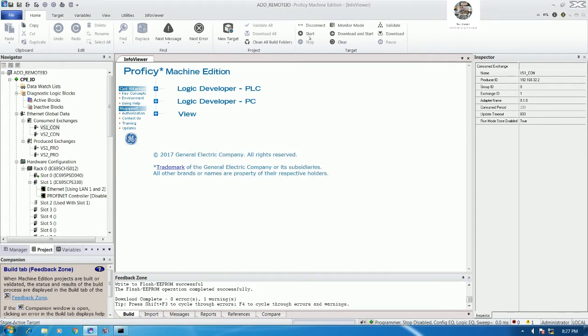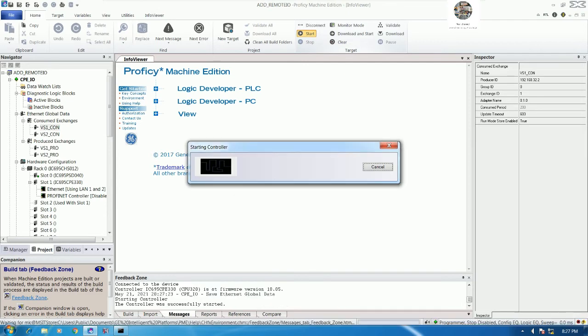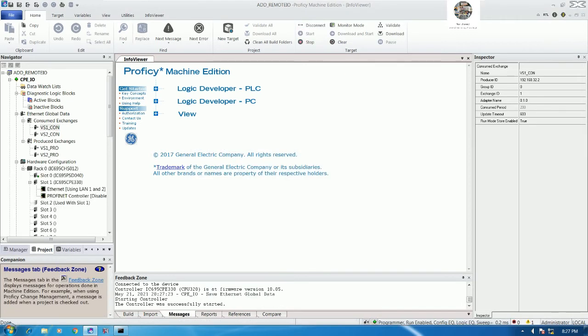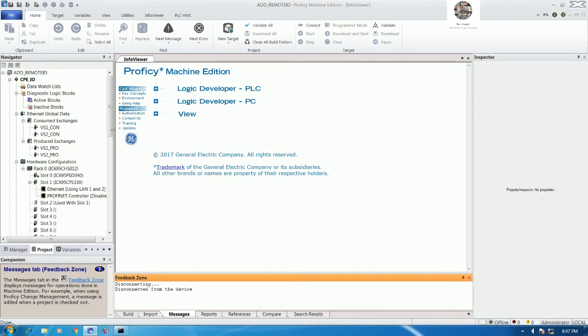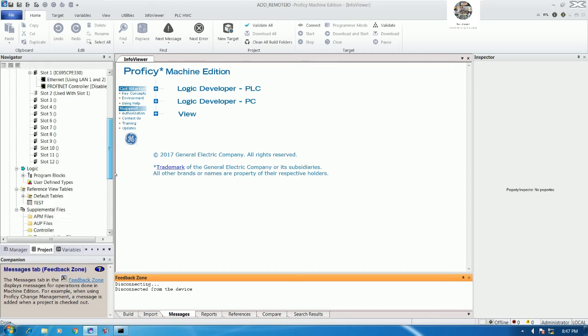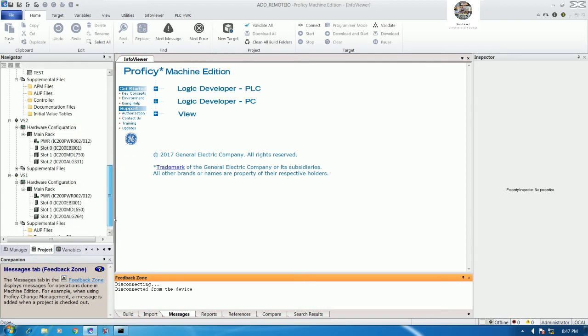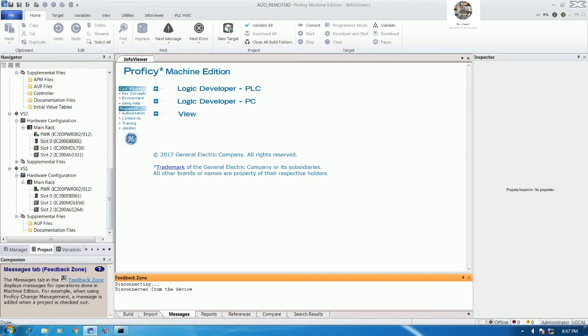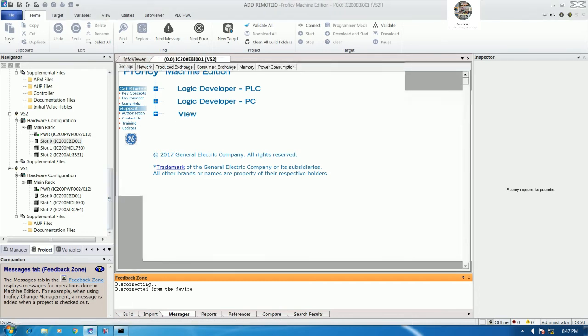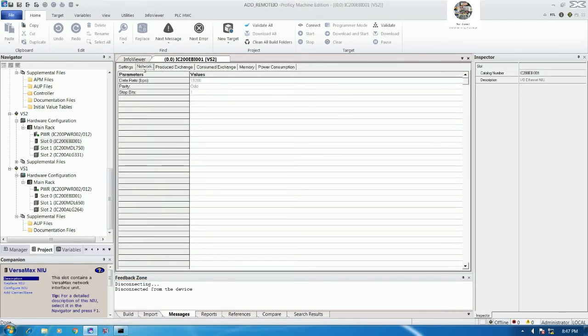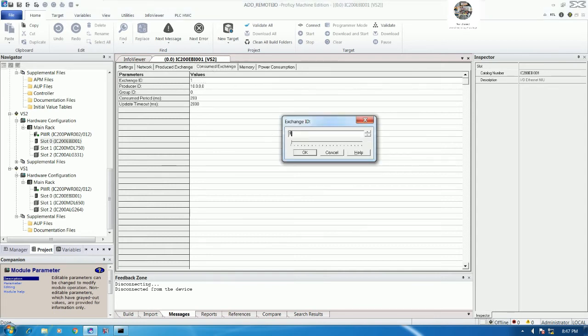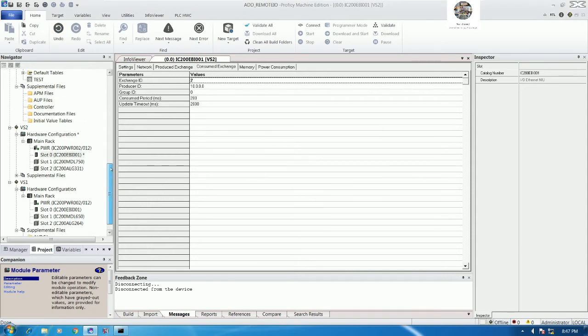Okay, then I will start the CPU. Yes, so right now it not start, right? So let me change the setting a little bit for here. Consume exchange should be 2, right? Okay, let me change to 2, and then go to the